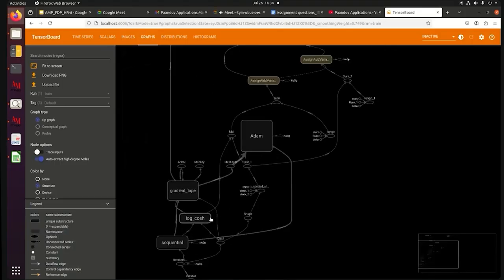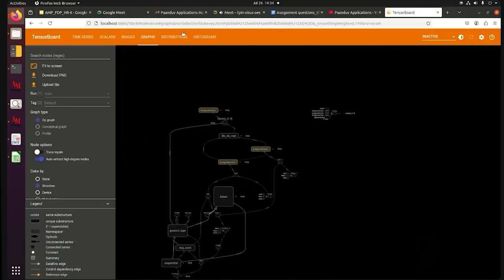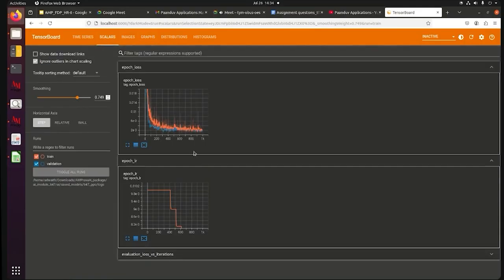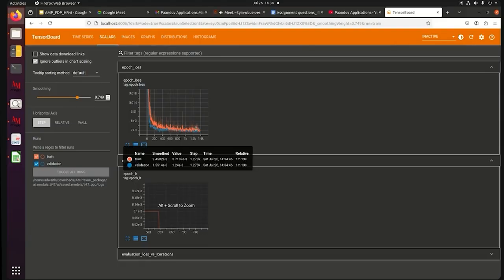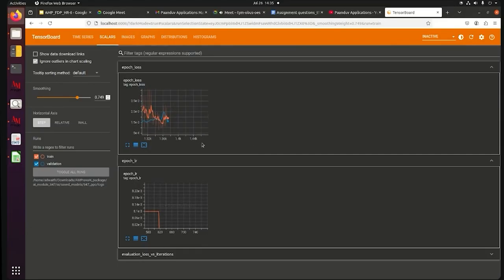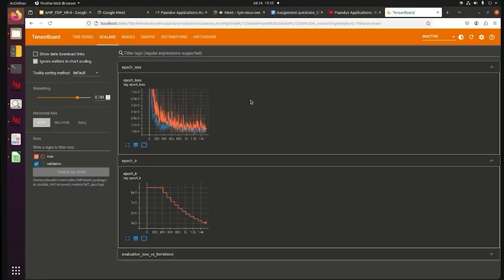It gives you the idea of what the network actually looks like. We are using a deep learning based model. So we can see at this particular point, since training is going good,